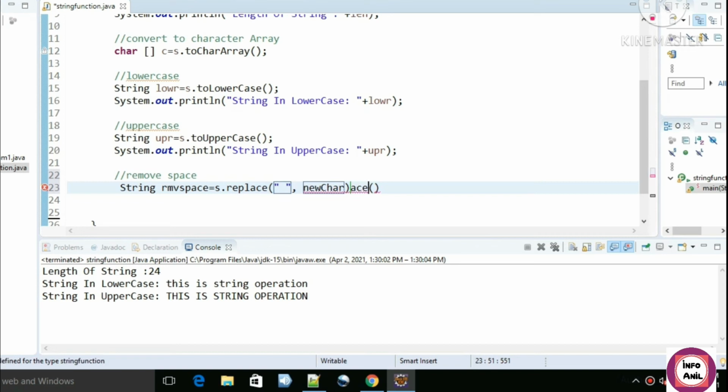The first is the old character, so this space, and I have to replace this space with none. This line will remove all the spaces from the string.